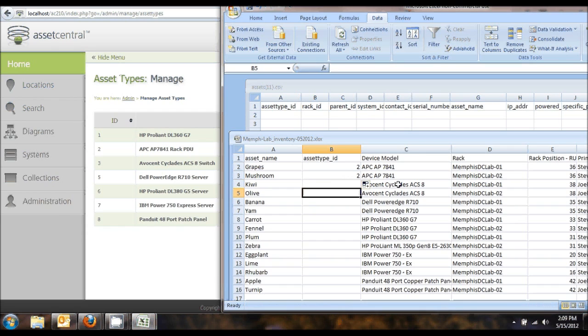both 2. This next one, Avocent Cyclades, I'm not really sure if that's how you'd say that, ACS 8 is right here, and these are both going to be 3. So then we can just go down the rest of the list. These are both 5 here. This is the HP DL360 G7, which is number 1. So we have 1,